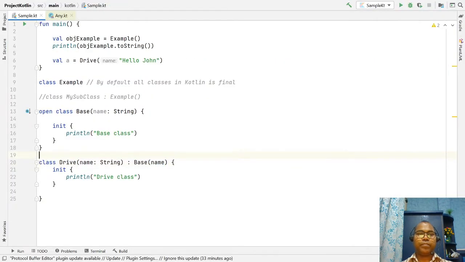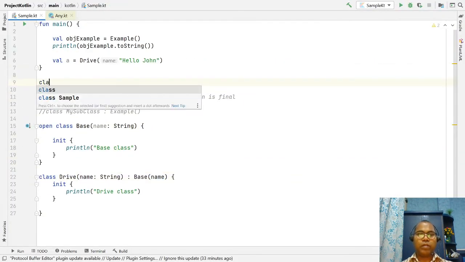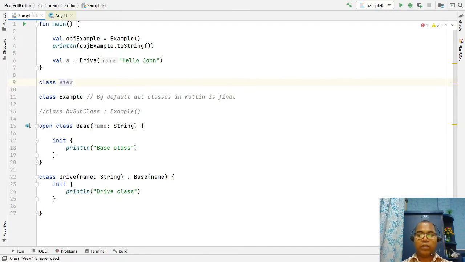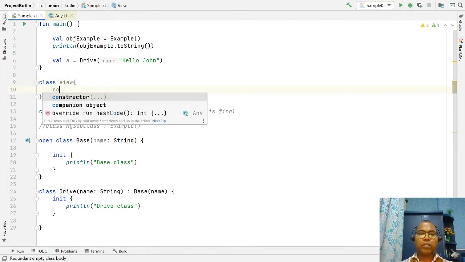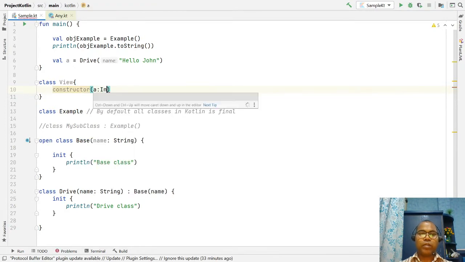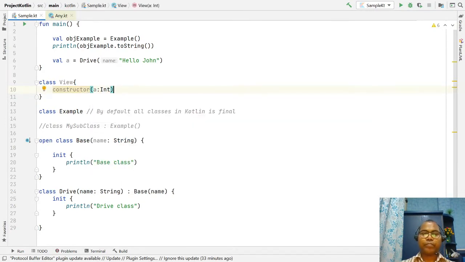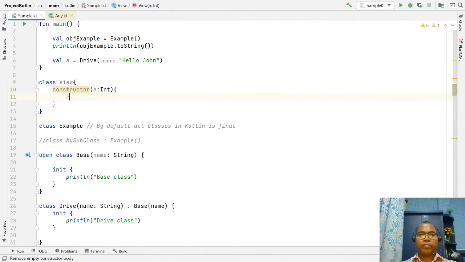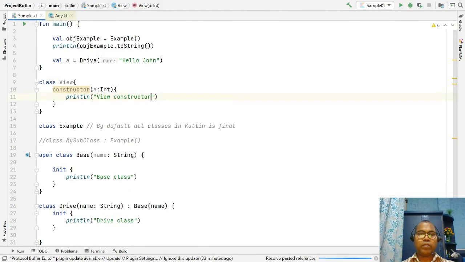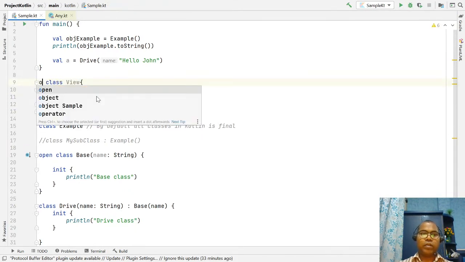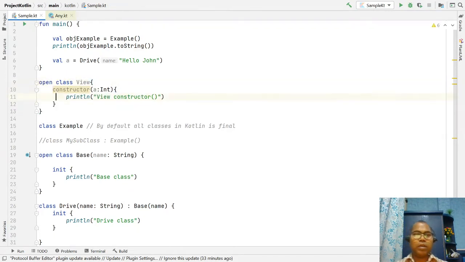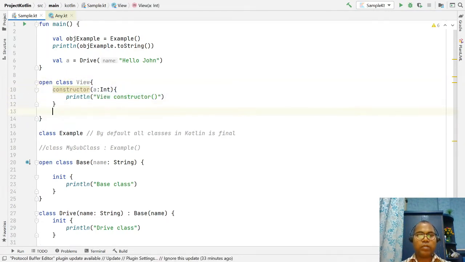Let's say we have a class with two constructors. One is a one-argument constructor, the view constructor. You first have to open it, and let's say we have another constructor, a two-argument constructor.